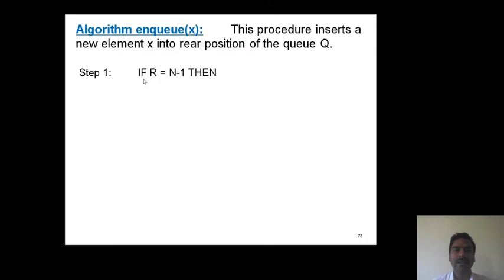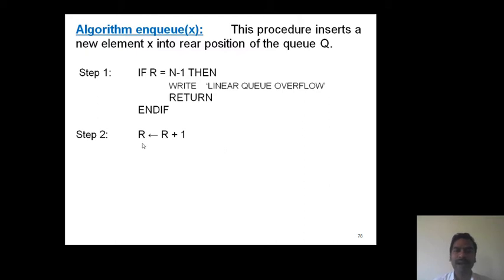For this, if R equals n minus 1, if this condition is true, then print a message as linear queue overflow and return from the function. End if comparison completed. If this condition is false, that means empty locations are available. Then step 2, R equals R plus 1, rear is incremented by 1. Then Q of R location is filled with x.